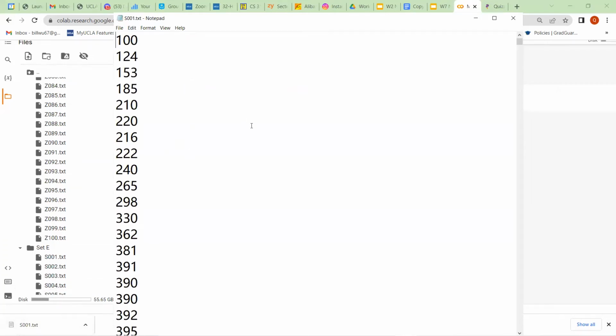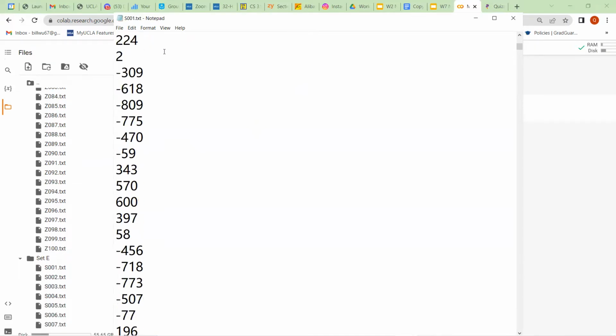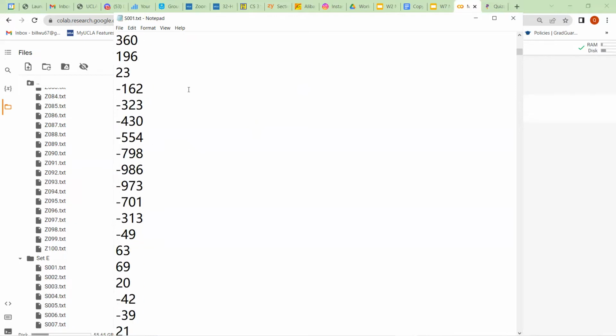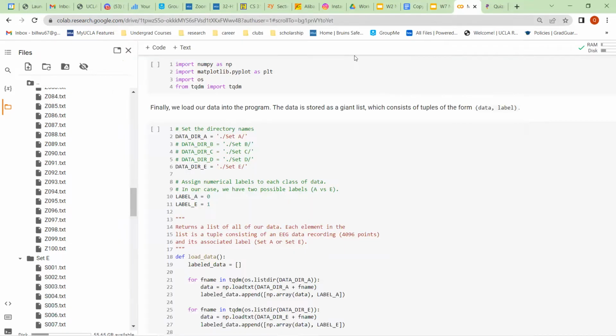It's just an array of numbers, and each number would be indicating an EEG signal. We can't really tell anything from these lines, but after we visualize it and run it through the classifier, we should be able to tell what each package of data is indicating, whether this patient is healthy or whether this patient is diagnosed with epilepsy.